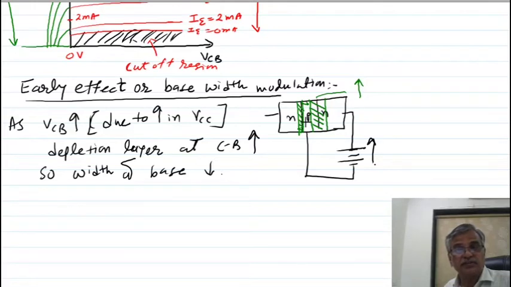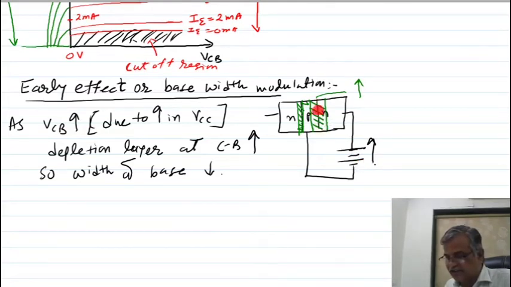The dependence of the base width on the collector voltage or emitter voltage is called the early effect, or base width modulation. Once more: as the collector base voltage increases,